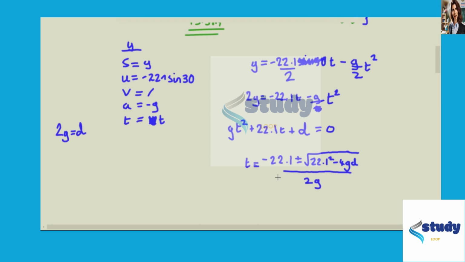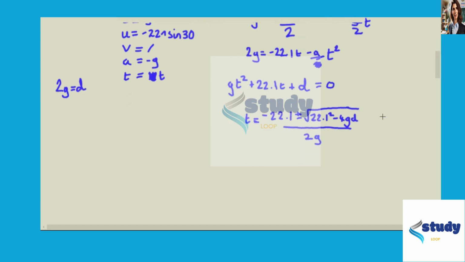Let's be sensible about what's going on here: we can't have a negative time, and hence the negative version isn't going to work here. So we just want the positive version in this equation, so we don't need to consider both the plus and minus. And finally, the additional distance that we travel is going to be equal to u